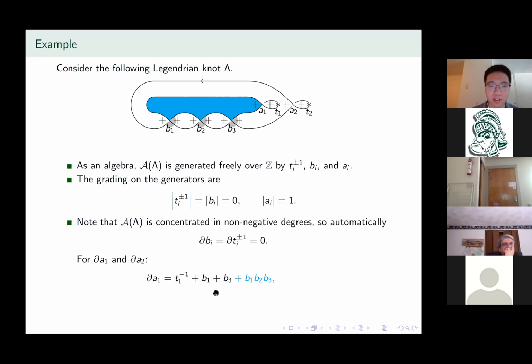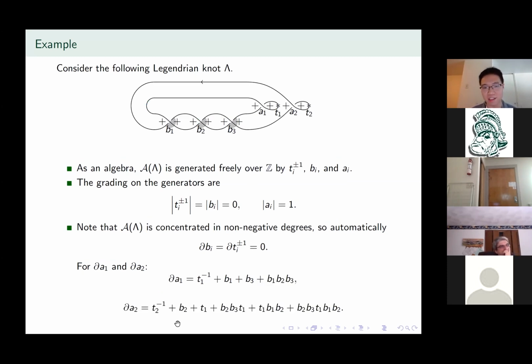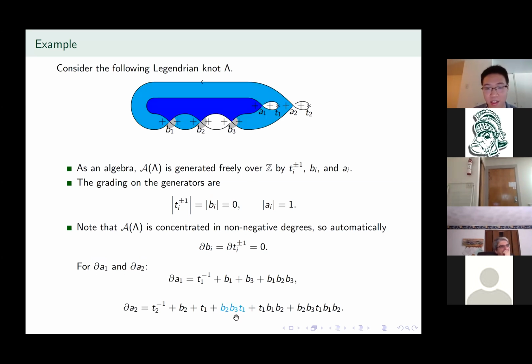The differential of A2, I will not do it one at a time. I'll just give you the answer, and this is an exercise for you. The differential of A2 has 6 terms. Let me just point out that for A2, some of them are harder to find. For example, this one, B2, B3, T1. What happened here was that you start with A2 and you go around, and then at the first time